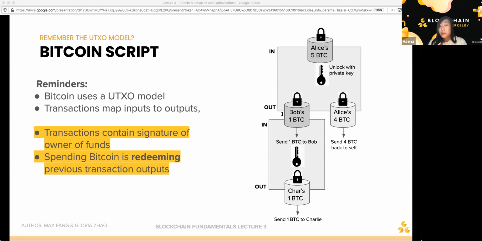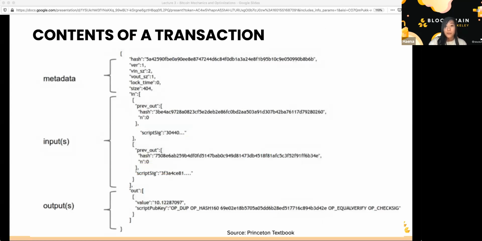So these transactions simply map inputs to outputs. And in this model, spending Bitcoins is equivalent to redeeming previous transaction outputs. A new piece of information we want to introduce in this slide is that these transactions also include the signatures of the owners of the funds, whether that be the original sender or the recipient. Okay,